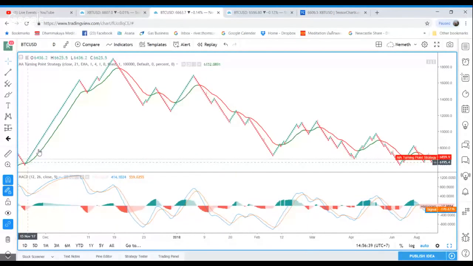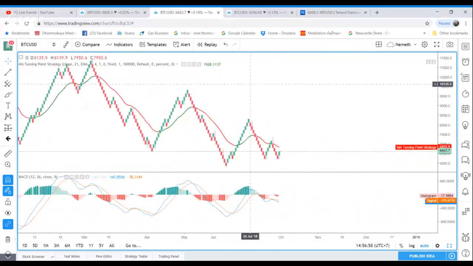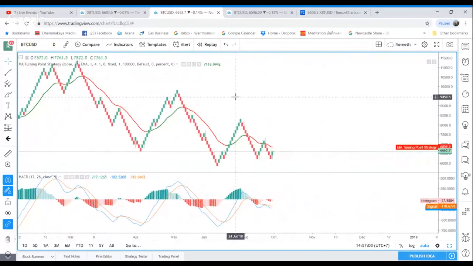Enter when it's green, close when red, enter green, close when red. Short it, close, short it, close. For example, you could do quite well at sometimes here, but right now it tends to be getting a little bit more compressed, smaller moves. Right now we're green. Now, for this, Renko